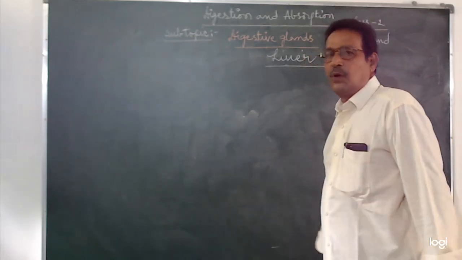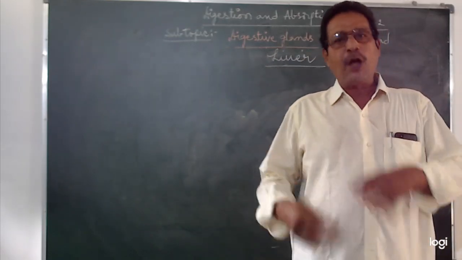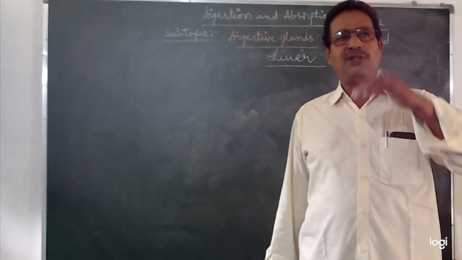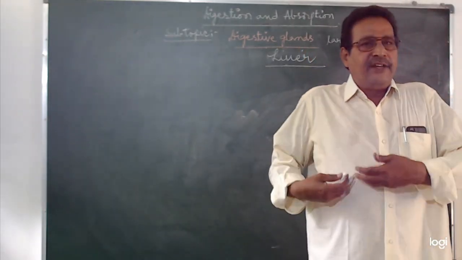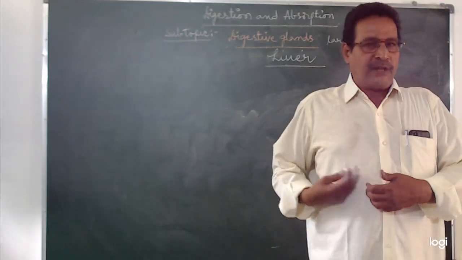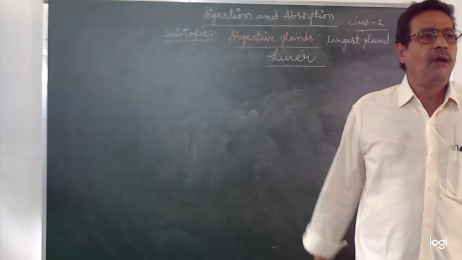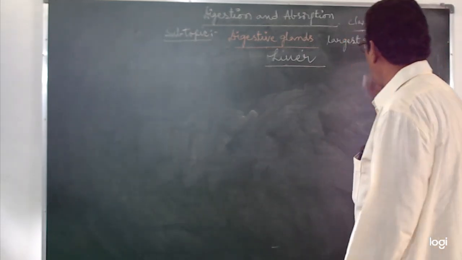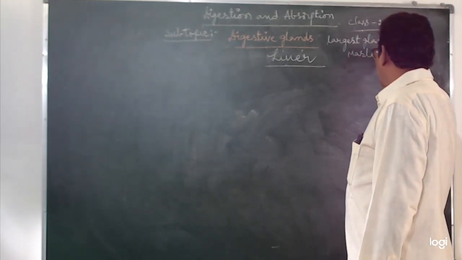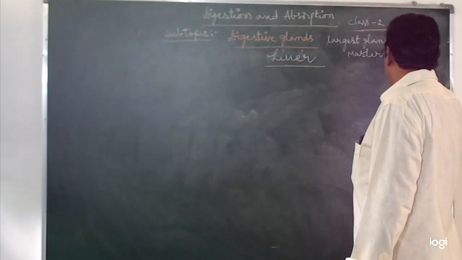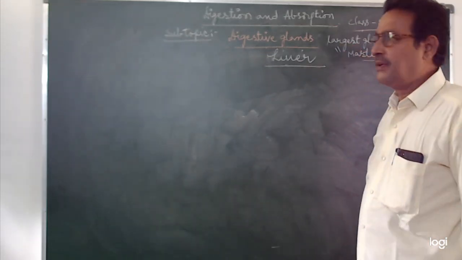It is located on the right side of our abdominal cavity, just below the diaphragm. It is the largest gland. It is considered as a master gland, because